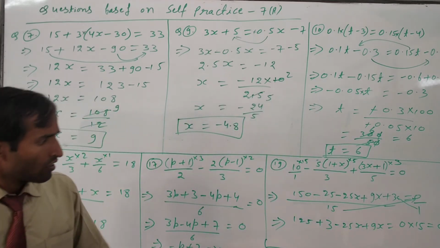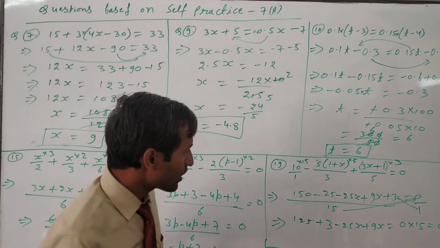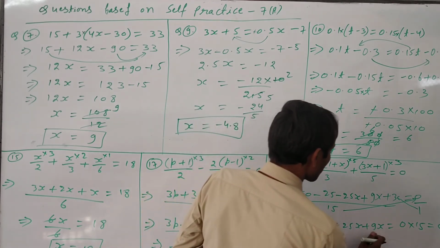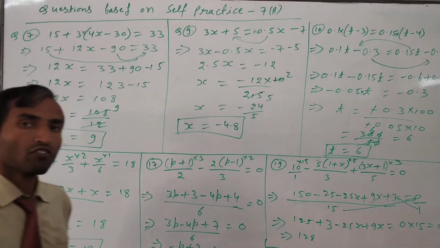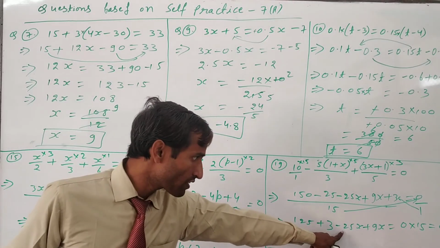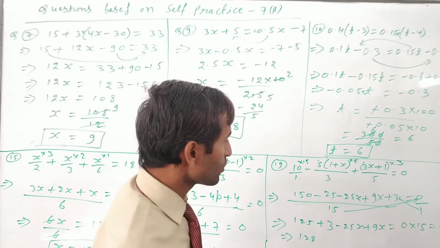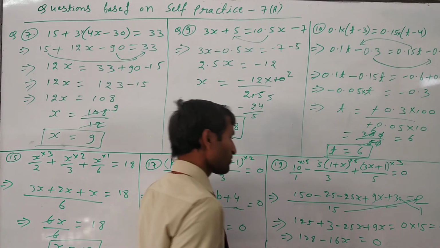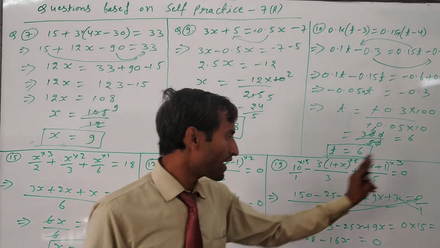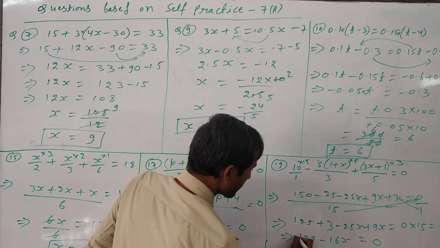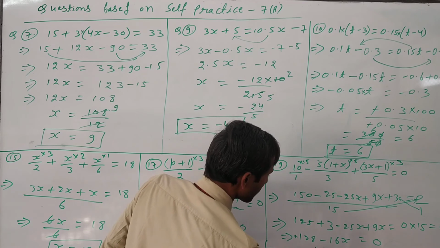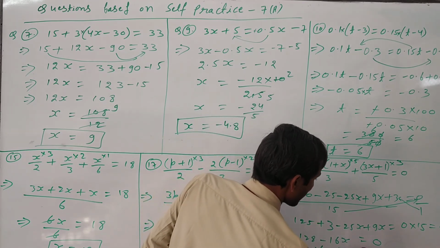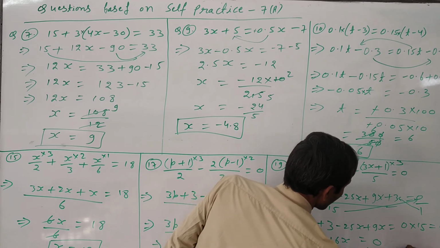Okay, now again we have to add 125 plus 3, it will come 128, and then we will subtract 25 and 9. No, we will not add because the minus sign is there, so we will subtract finally. Okay, so we will subtract, it will come minus 16x is equal to 0. Now transpose this 128 to that side, there the plus sign is there, so it will shift to that side, then it will come minus. So minus 16x is the same as it is on this side only, and 0 minus 128 will come minus 128 only.